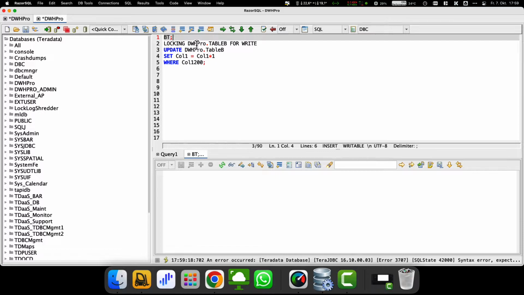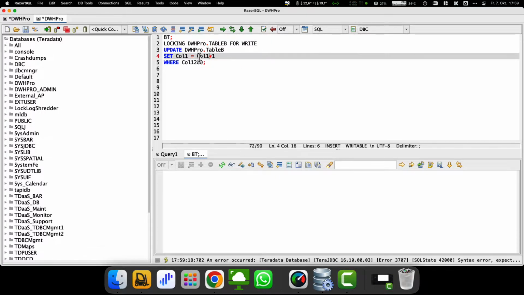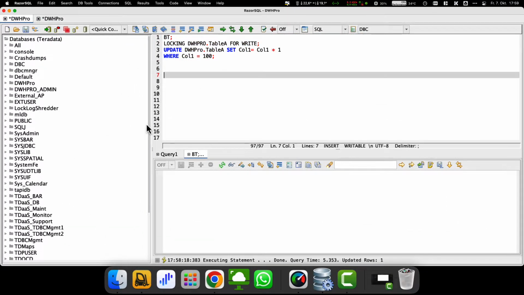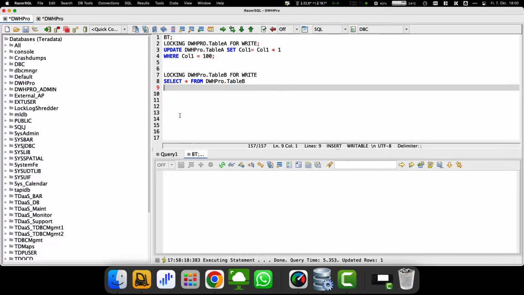Something went wrong here. One moment please. A syntax error has crept in somewhere. Okay. Now it works. Now we switch back to session 1 and try to select the value 200 from table